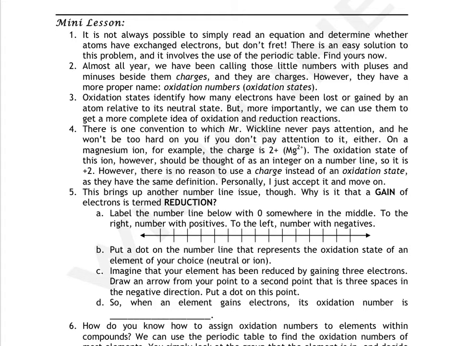So all year long, we've been putting those little numbers with pluses and minuses beside atoms' symbols, and we've been calling them charges. But you can also think of them as oxidation numbers or oxidation states. And an oxidation state, by definition, just tells you how many electrons have been lost or gained by a substance. So for instance, if you have a charge of 2 plus or plus 2, that means that you have lost